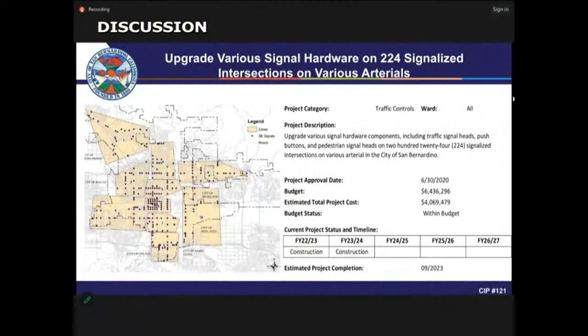I know that part, but what's budgeted, the costs right now, are at 4 million. How many signalized intersections have you upgraded? With the completion of this project, it'll be 224. And you were able to do all of that with the 4 million or the 6 million? Yes. Then there's no way that you're doing the entire upgrade, because